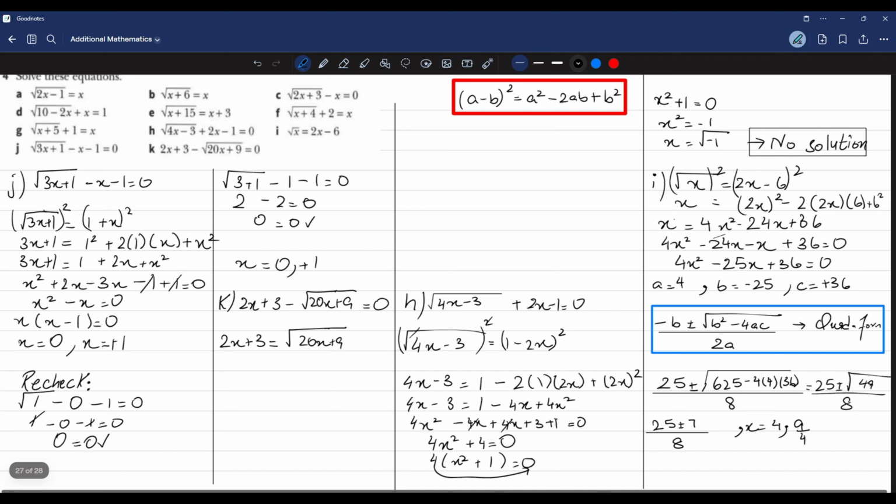Okay, so again, we have to square both sides to simplify this equation. This is going to give us 4x², plus 2 multiplied by a, which is 2x, multiplied by b, plus b squared, which is 3 squared, which is 9, is equal to 20x + 9, because square and square root cancel down. Simplify this, we've got 4x² plus